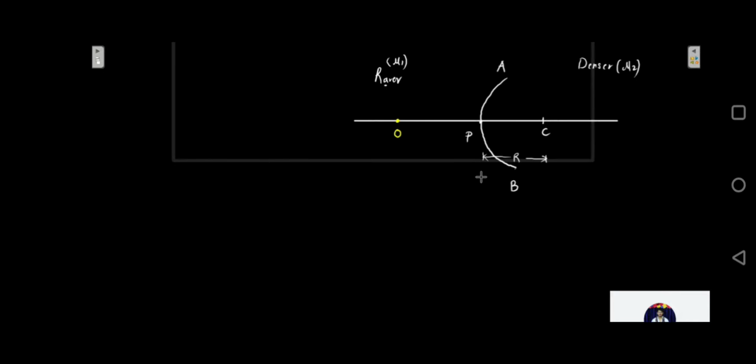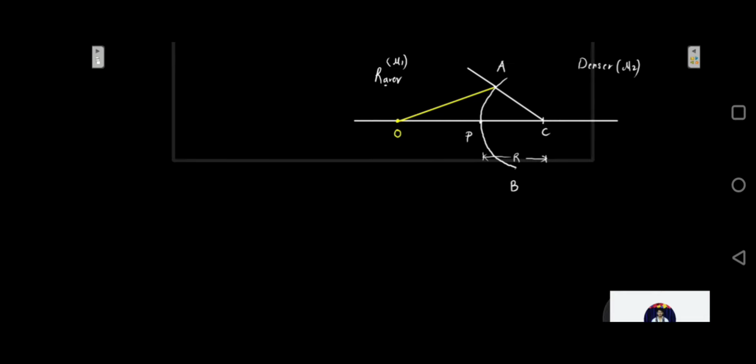So let me draw a ray ON, which is going to be my incident ray, which is going to make an angle of incidence at the surface. So let me draw a normal. My normal is going to pass through the center of curvature, that is nothing but going to be the radius, right? So for any circle, if you want to draw a normal at the surface of the circle, it is nothing but going to be the radius. Just extend the radius, you are going to get a normal. This is going to be exactly 90 degrees if you draw a tangent over here, because tangent and radius are always perpendicular to each other.